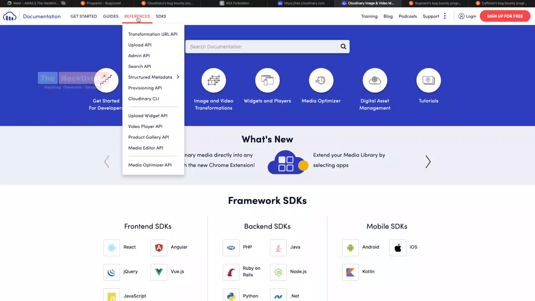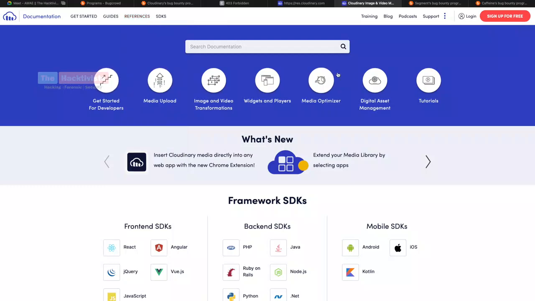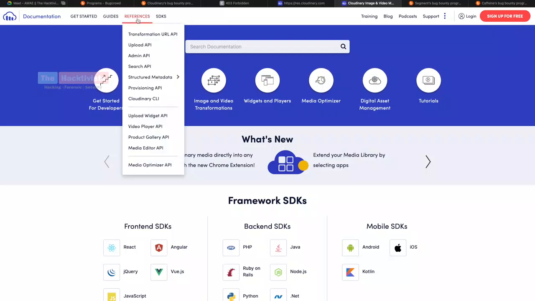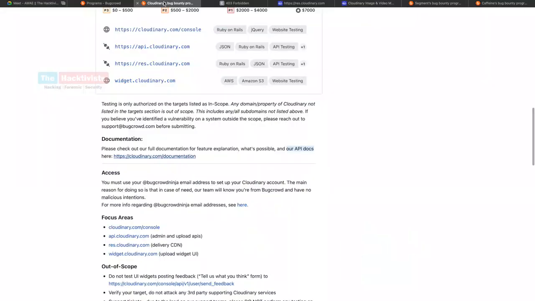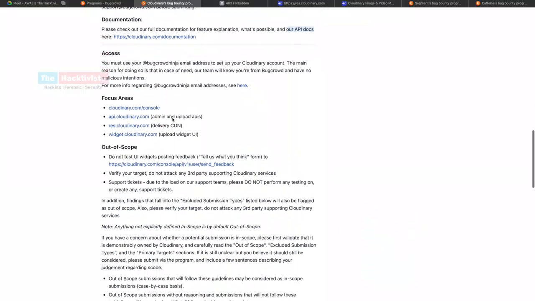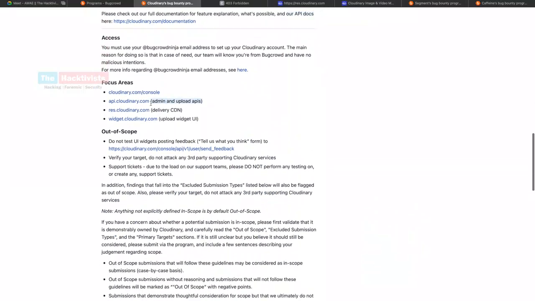Okay, so if I go to references, which is again the shortcut of this one itself, basically there are multiple API calls: upload API, admin API, search API. Okay, and likewise upload widget and video player API. Likewise multiple API calls are available. For now, whenever we are starting up, what exactly they have given us to focus on, okay, which is admin API or